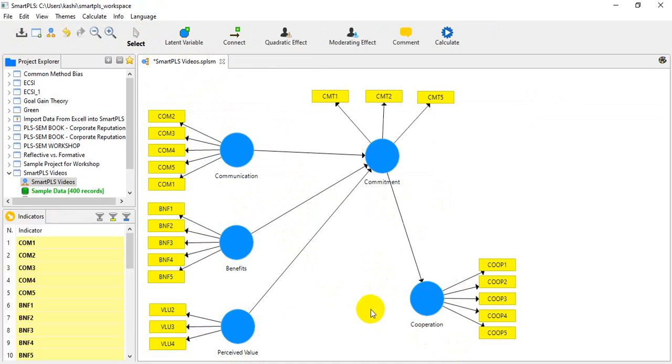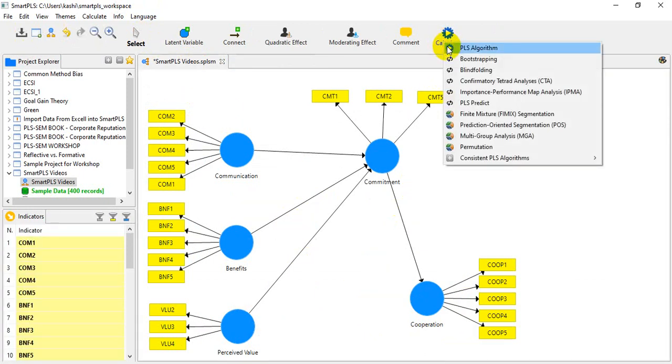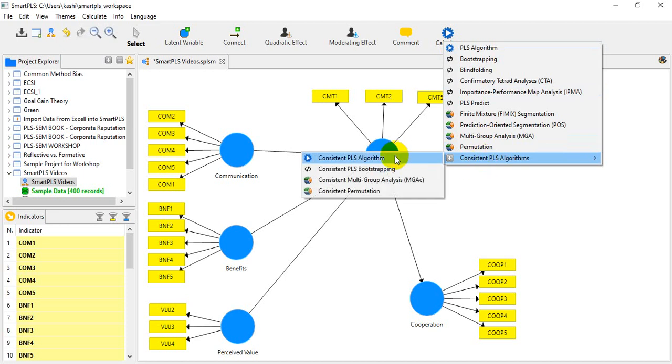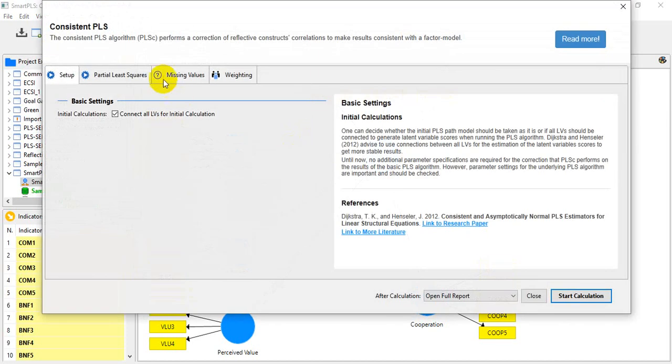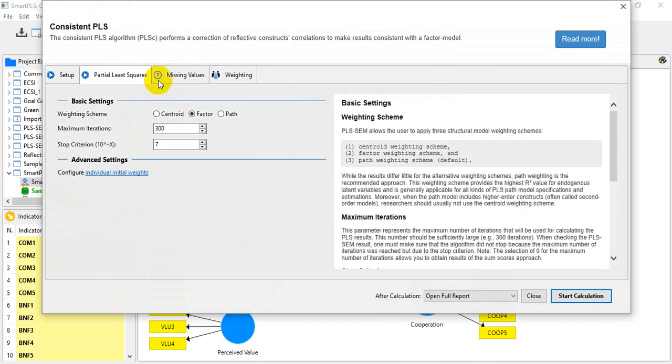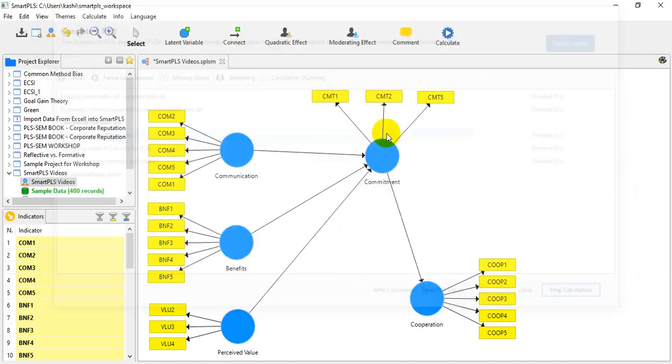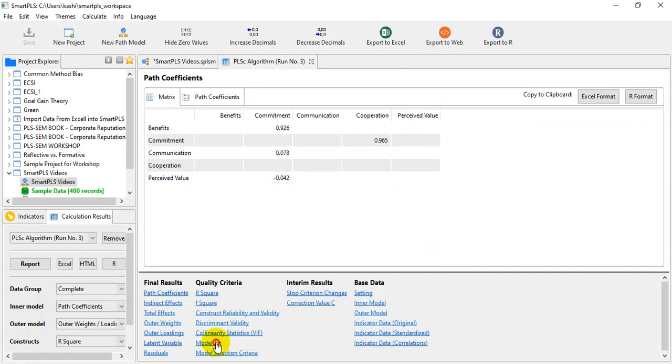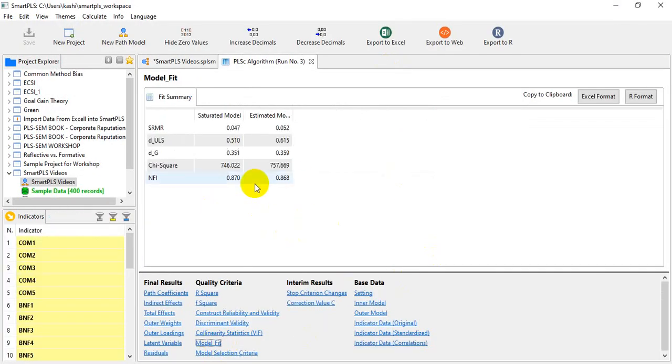This is not what we had originally hypothesized. Okay, consistent PLS, and the rest looks okay. Assuming that our NFI and SRMR are okay, just for the sake of this video, I'll move on